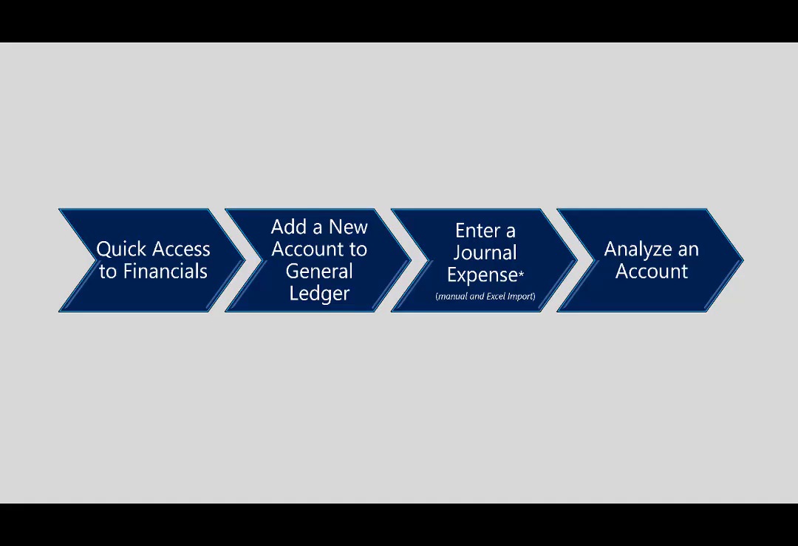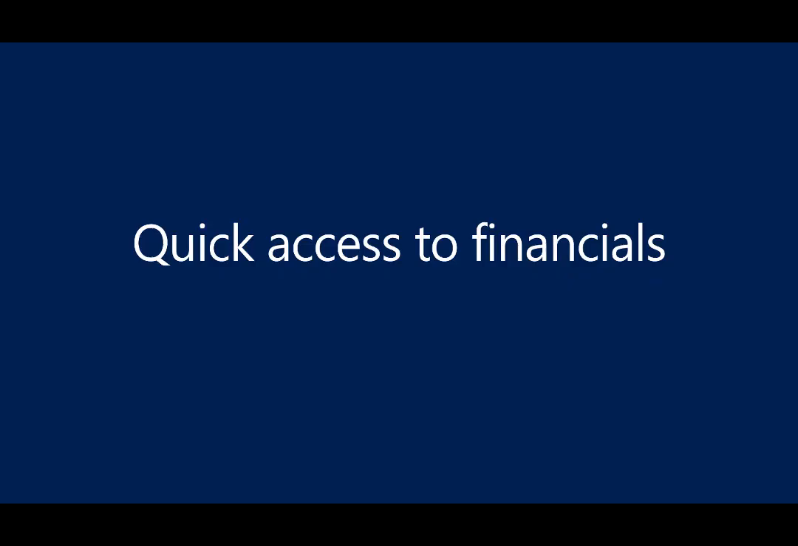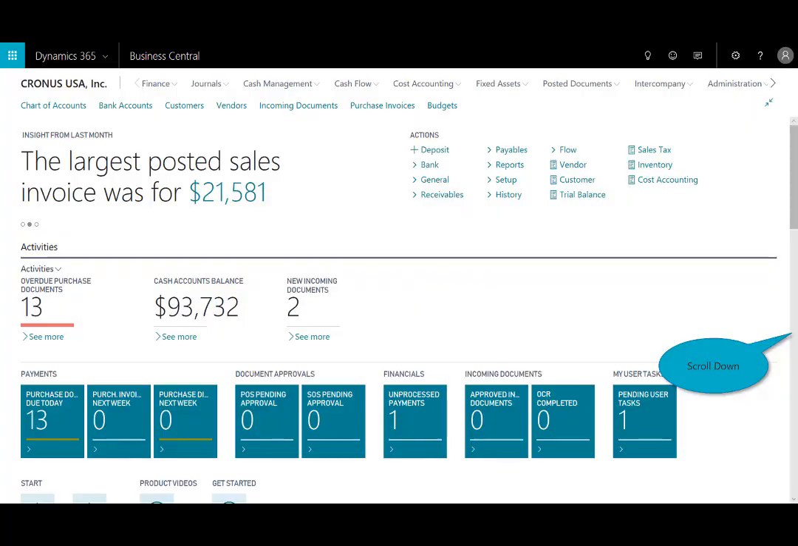This demonstration follows the day in the life of the accountant using Dynamics 365 Business Central. In this scenario, we will show you how you can gain quick access to some of the key metrics and financial information. Then, as our business continues to grow, we need to accommodate for change and how do I add a new account to the general ledger. We'll then enter a journal expense to that account, and then we'll do data analysis on that information that we just posted. So to begin, in terms of quick access to financials, you'll see as I'm logged into the Accountant